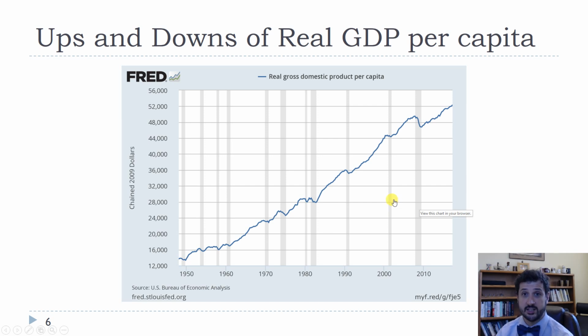And they basically look at the data for real GDP growth, for unemployment rates, and decide when a recession has begun and when it has ended. So you can see that GDP tends to be going up during expansions in the white part of the graph and then down in recessions. Overall, the trend has been up, right? GDP per capita, adjusting for inflation, right? These are chained real dollars, has gone from about $14,000 per person per year in 1947 to about $52,000 per person per year in 2016.